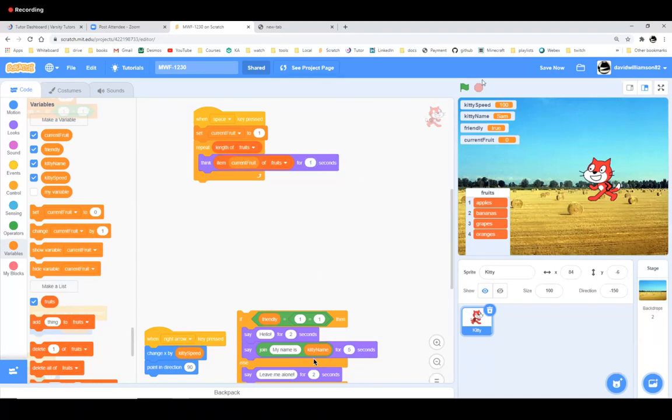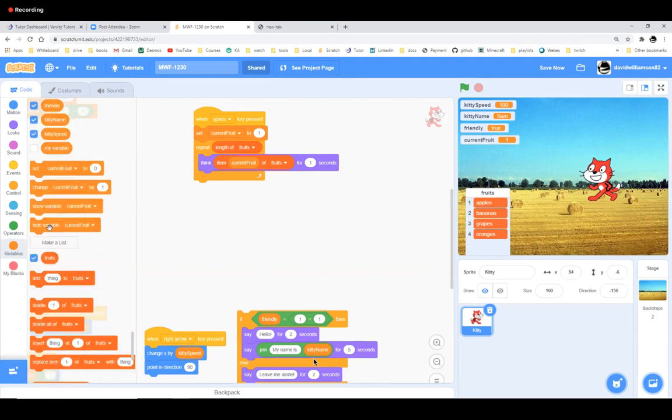But if I click the space bar now, he's still only going to think apples, because I'm not changing the value of current fruit. So I need to change current fruit by 1 every time it goes through the loop.